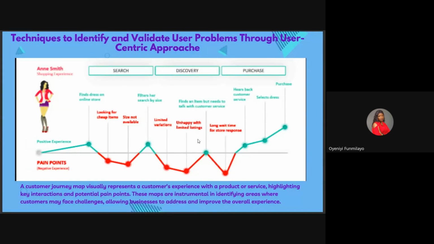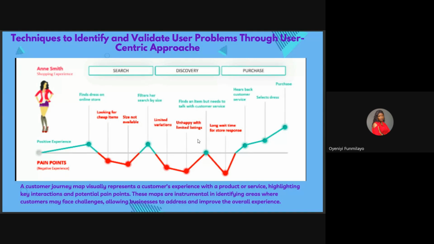And make the majority of the size available, maybe once you look into your Mixpanel analytics and all of that, understand okay, your most target audience size and make it available. Like your products, people should not have negative experience. They should not have pain points. Any pain points your users are having, address it. Because if you are able to address any pain points your users are having, what will happen? They will stick to your products.